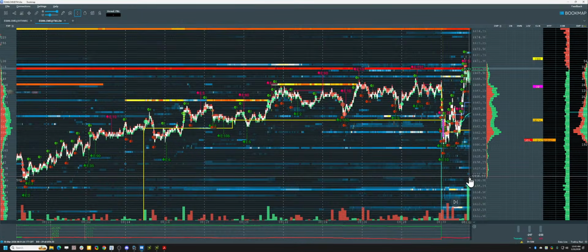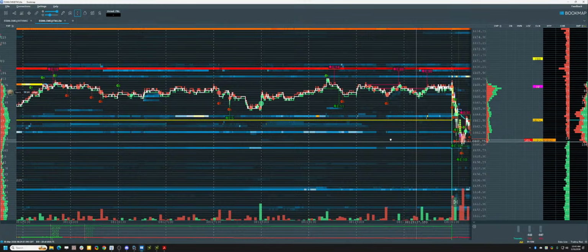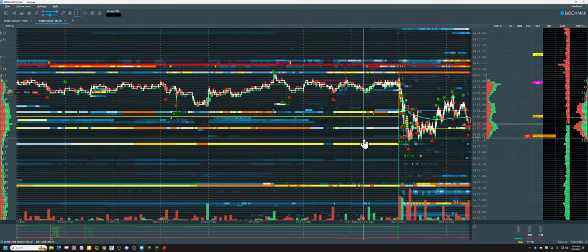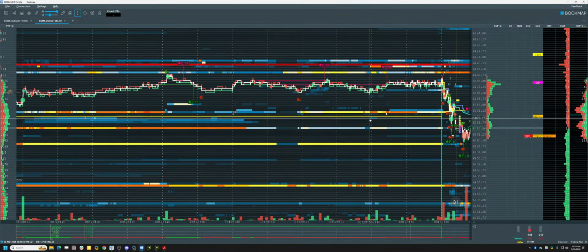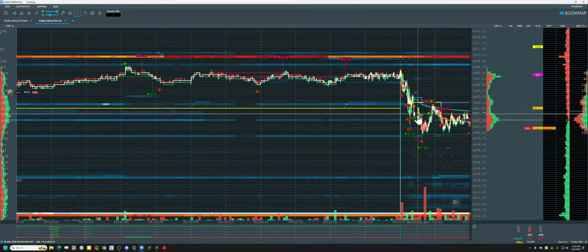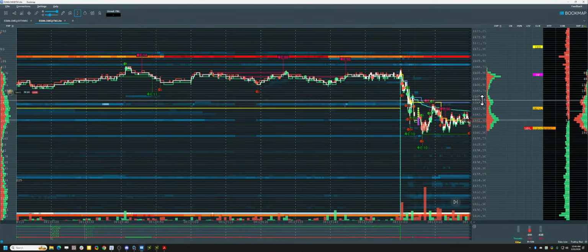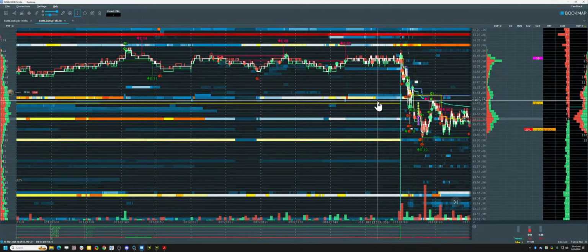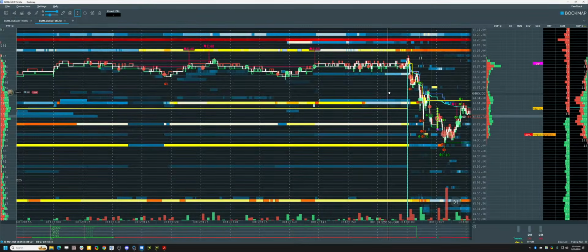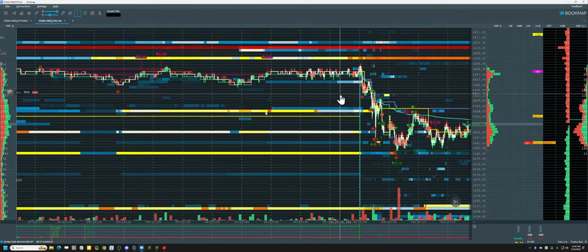I'm going to show you my first trade. I felt it was pretty aggressive, but you just got to do what you got to do. It's just kind of the way this thing works. So this is my reference for what might be too low. I have a sweep, I have absorption. This is called VPOC migration. Now, when I was taking this trade, I'm thinking, this is pretty aggressive, but it's my plan, so I just take the trades and let it do what it's going to do. So let's look.